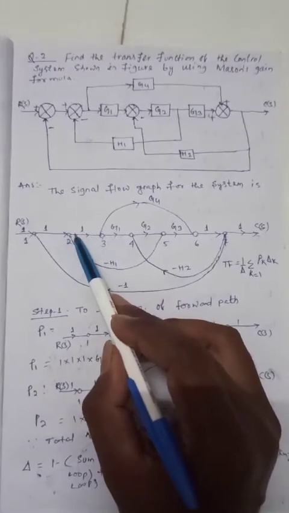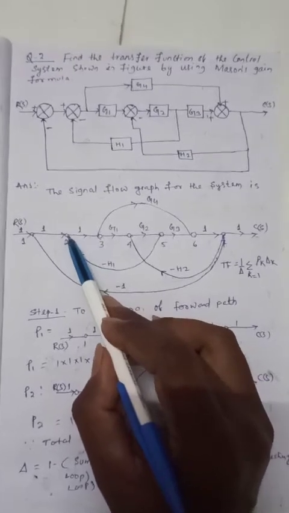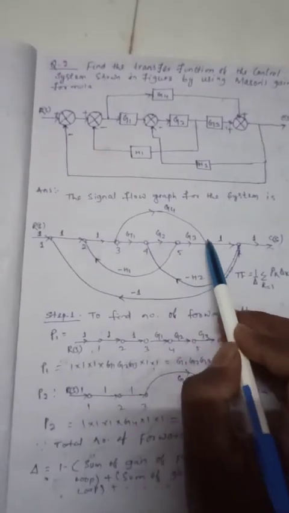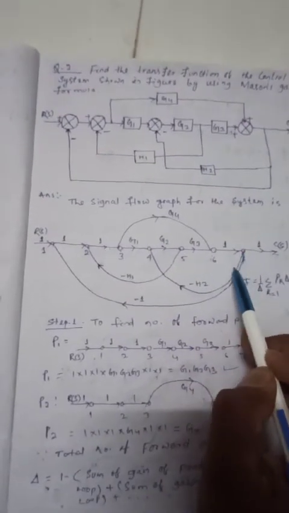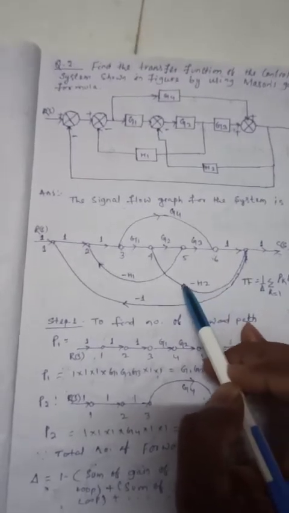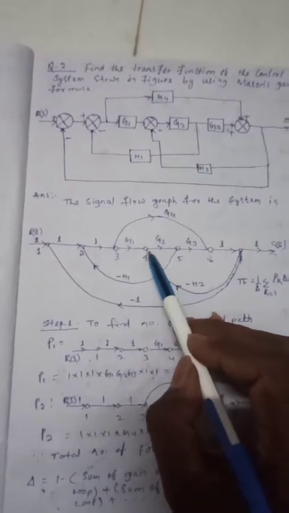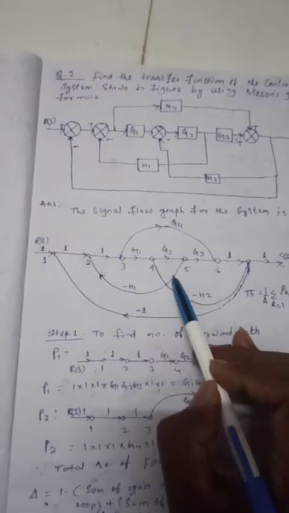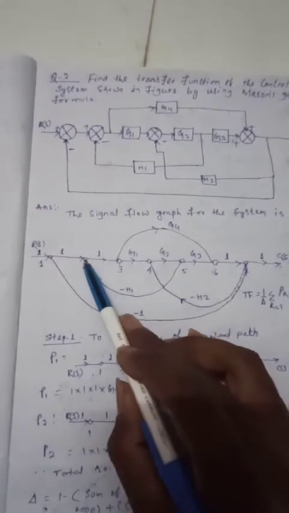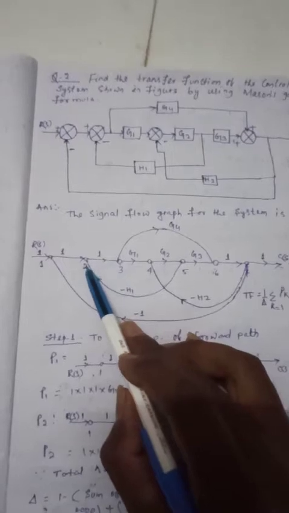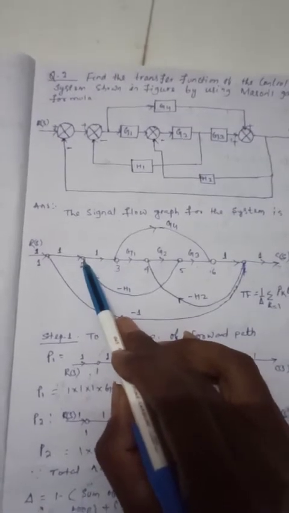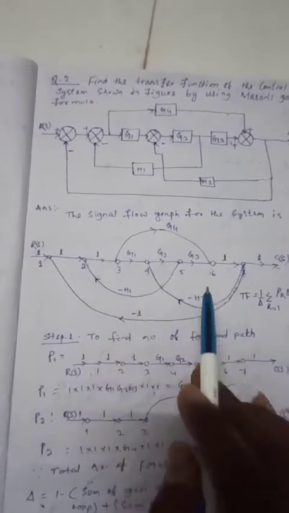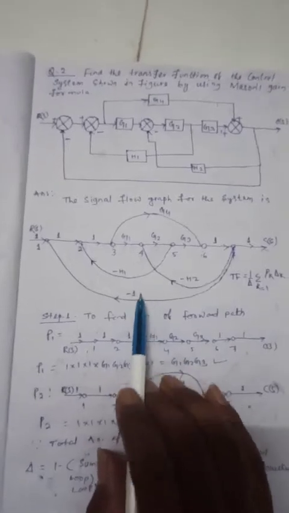So let us consider one signal going from 2 to 3, 3 to 6, 6 to 7, and this way returning through the negative feedback path S2. Clear? And again, this signal is coming to node number 5 and from 5 to 2. So it starts with 2 and ends with 2. It makes one individual loop. It is also one individual loop. Then another loop is here. Fifth number of loop is there.